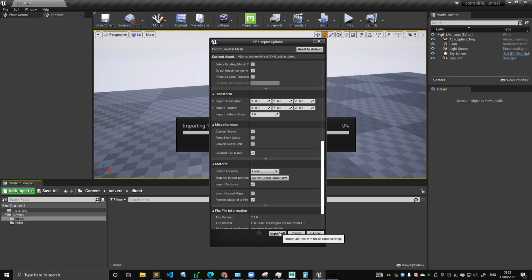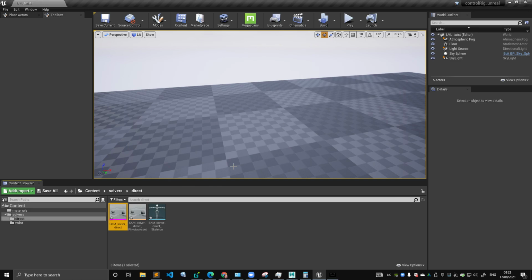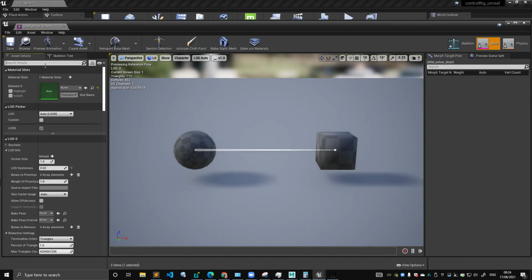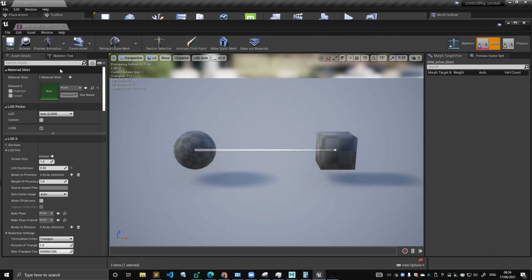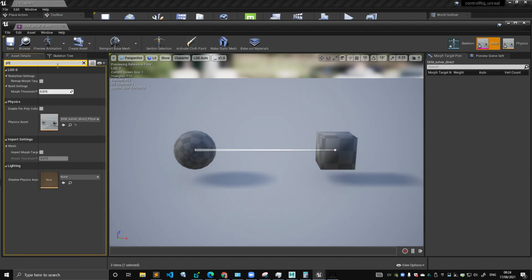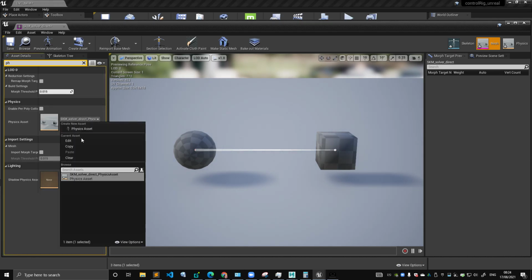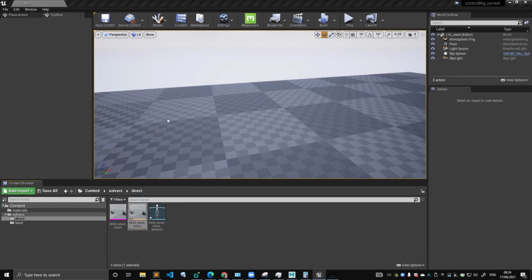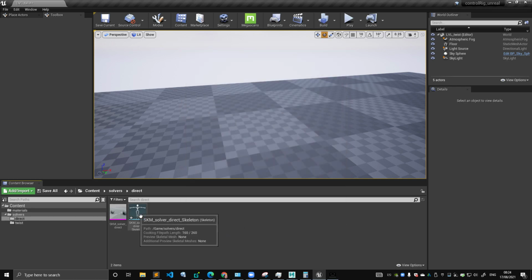Nothing. Yeah, I'm not going to create any material for it. Let me get rid of that. Open it. Let me get rid of the physical asset. I don't need it. And let me delete that. I'm just trying to keep this folder clean